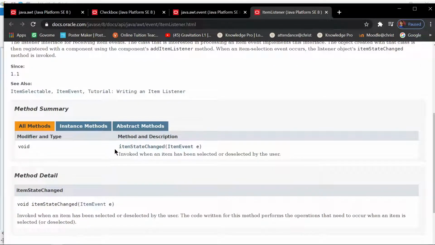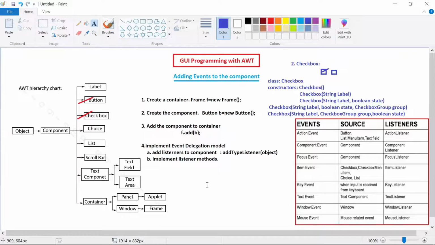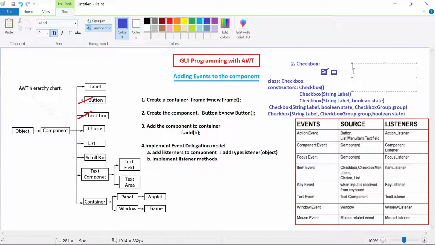You can check here. Item state changed is a method that we need to implement. Okay. So let us make a note of that one. So what is the interface we have? If you want to implement for the checkboxes, our interface is item listener.